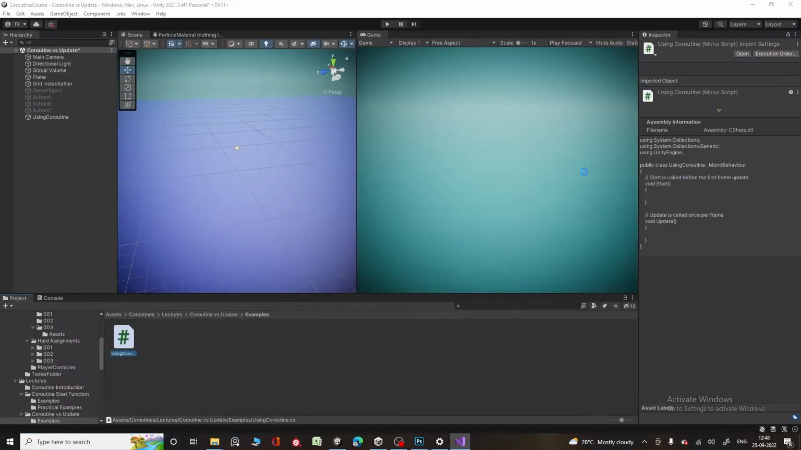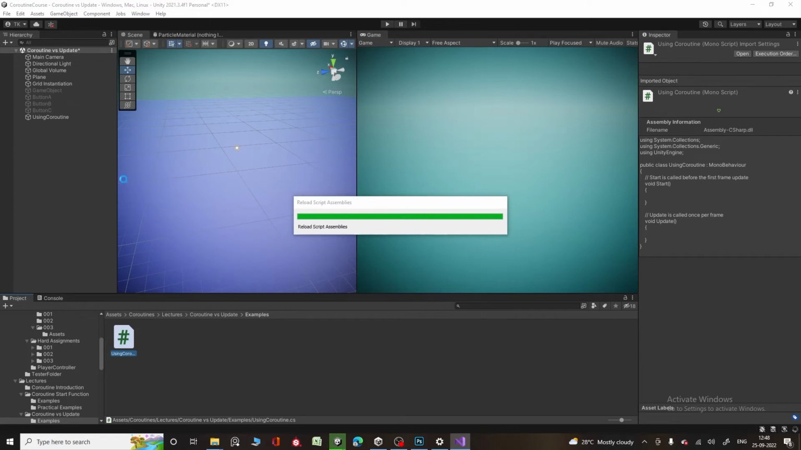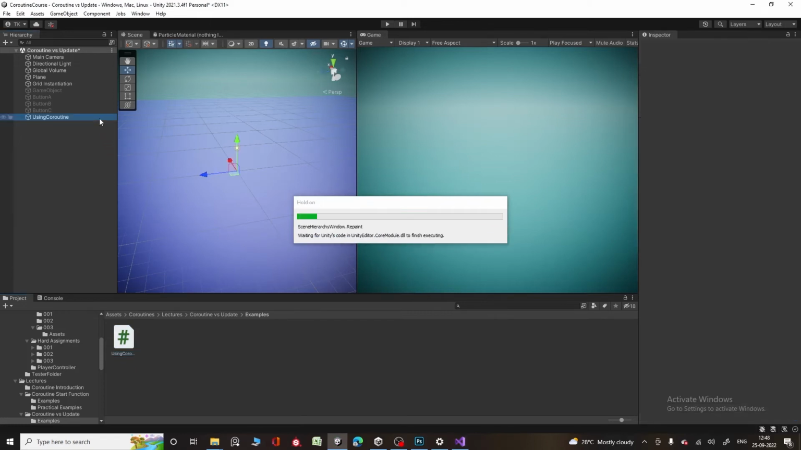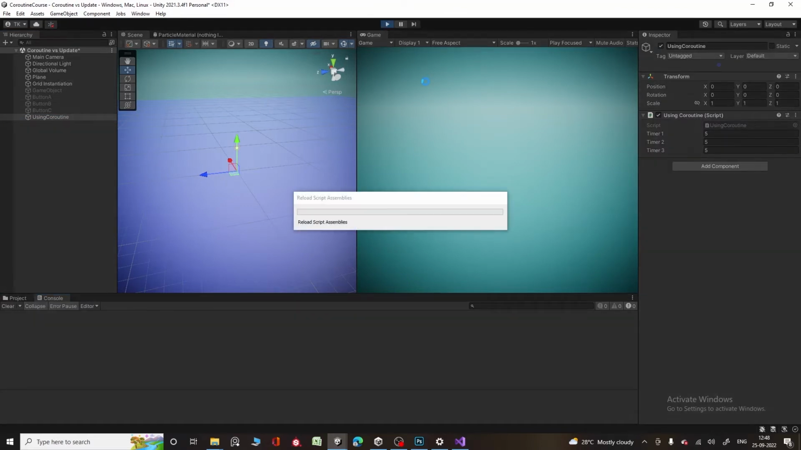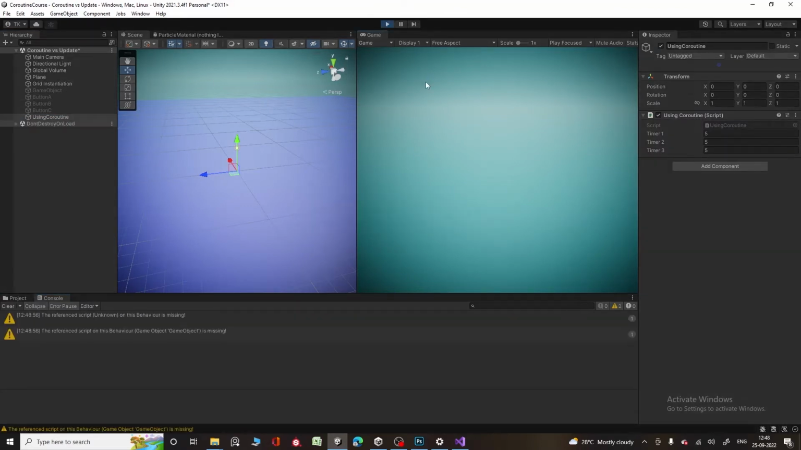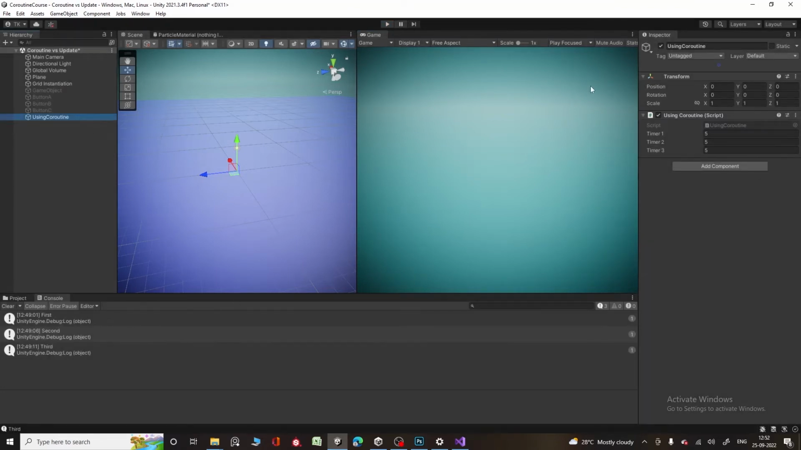So let us return to the Unity editor and run the scene. After 5 seconds first is printed, then after another 5 seconds second is printed, and then after another 5 seconds third is printed. Let us now disable the using coroutine game object